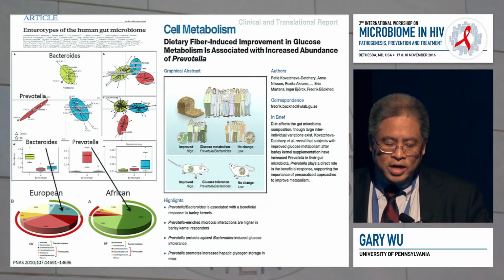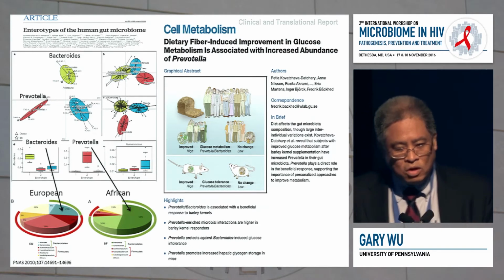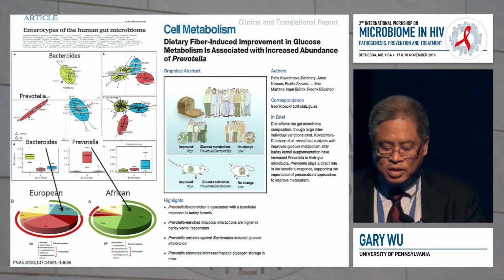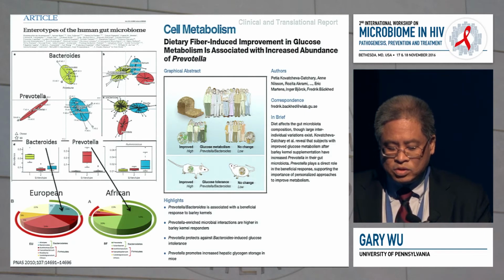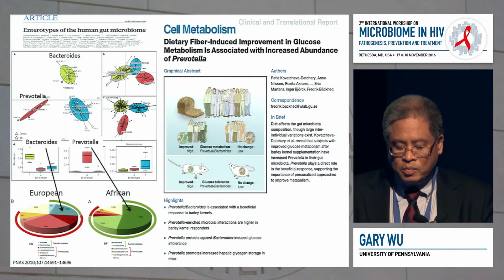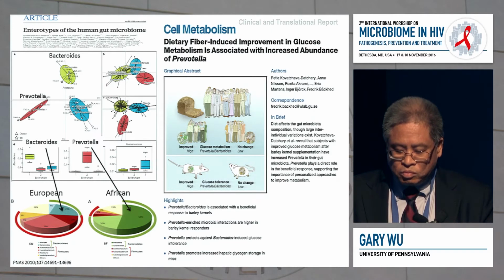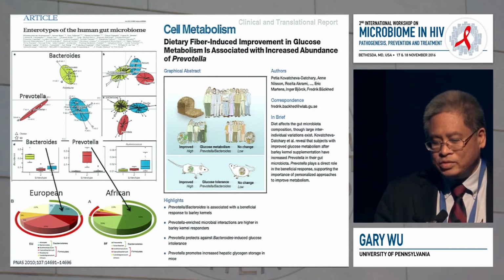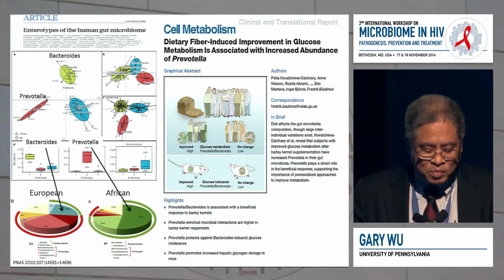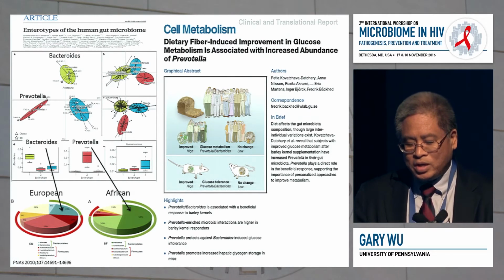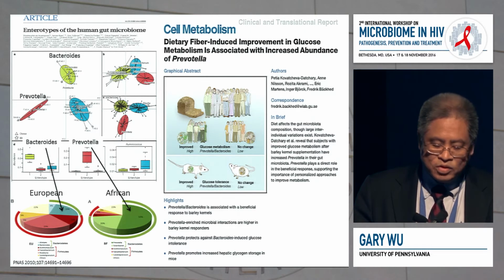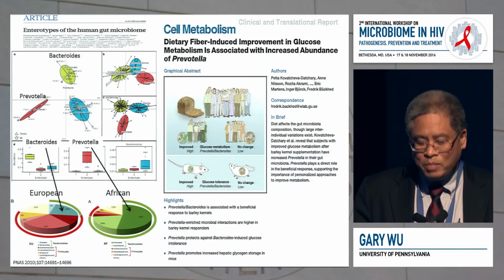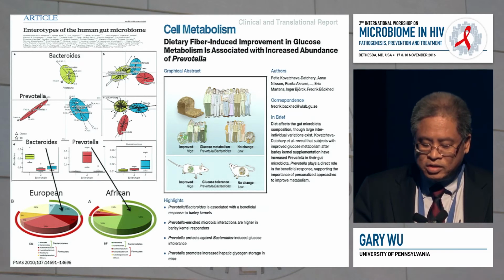So this is, again, trying to get a little bit closer to humans. So it's actually been known for a very long time that the consumption of fermentable carbohydrates that we can't digest, and in this case, Frederick was looking at barley kernel residues, that seems to improve glucose tolerance through mechanisms that have not been completely well characterized. But in human populations, individuals that have higher levels of Prevotella and lower levels of Bacteroides seem to respond better to this dietary intervention in terms of glucose tolerance.